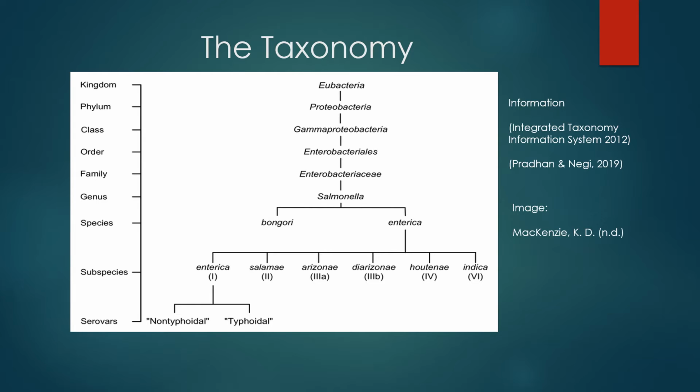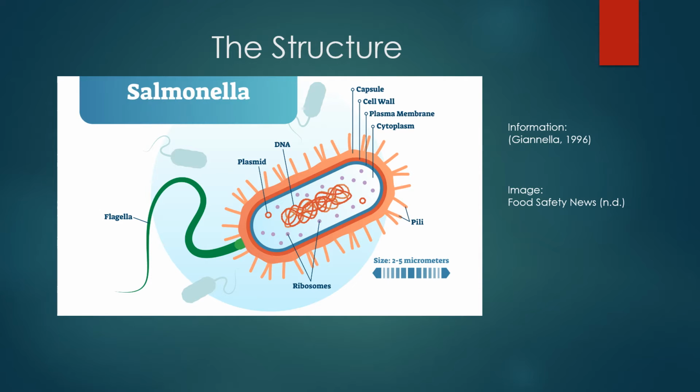One species is Salmonella bongori with one subspecies, V. The other species is Salmonella enterica, which has 7 subspecies: 1, 2, 3A, 3B, 4, 6, and 7. Subspecies 1 infects warm-blooded animals, while the rest of the subspecies infect cold-blooded hosts. The Salmonella species is a gram-negative, flagellated anaerobic bacilli characterized by O, H, and Vi antigens. There are over 1,800 known serovars that are considered separate species.